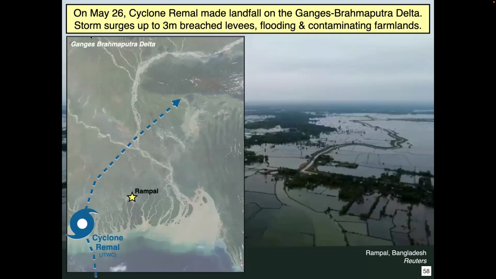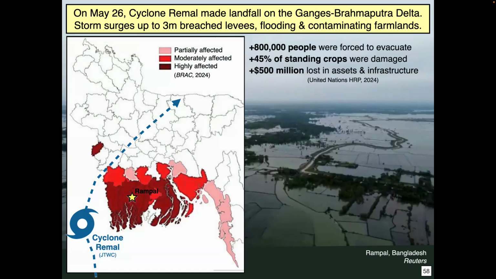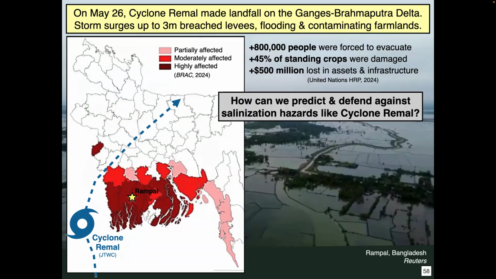And zooming out on the Ganges-Brahmaputra Delta as a whole, here's the location of Rampal and the track of this cyclone. As a result of this event, about 800,000 people were forced to temporarily evacuate their homes. About half of the standing crops were damaged, and more than 500 million USD was lost in terms of assets and infrastructure, mostly in these affected areas here mapped by our colleagues at BRAC. And this leads to this question, which is how can we predict and defend against salinization hazards like Cyclone Remal